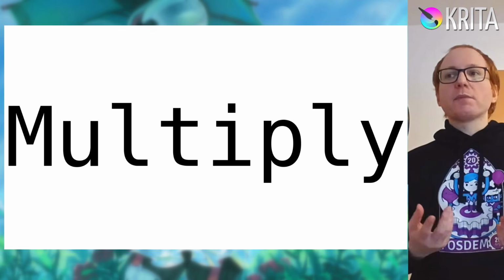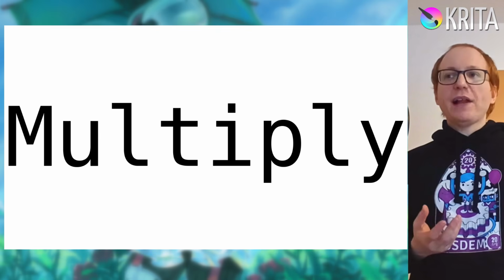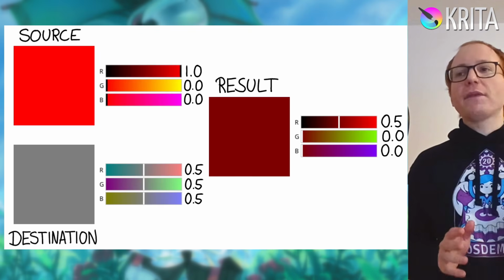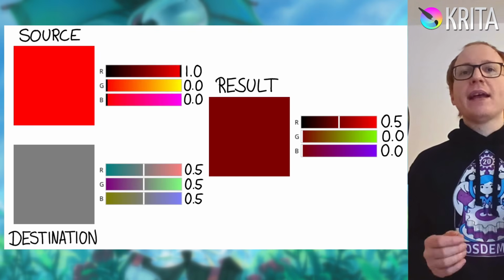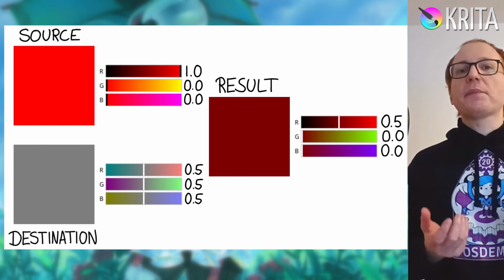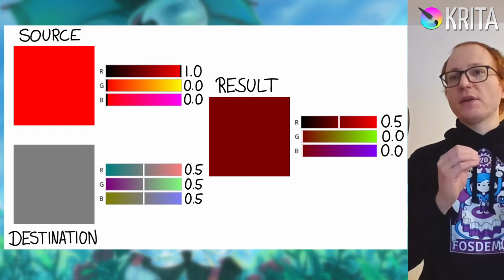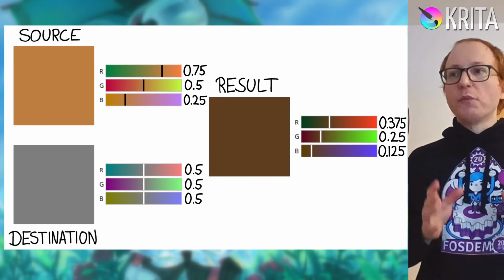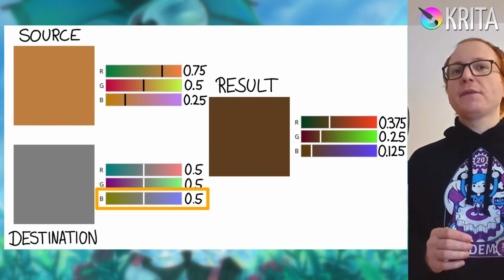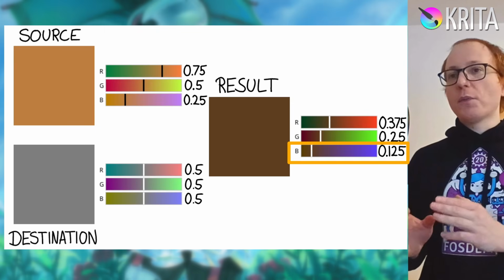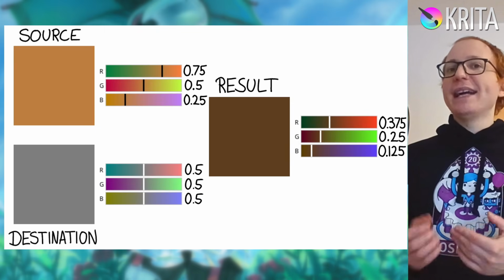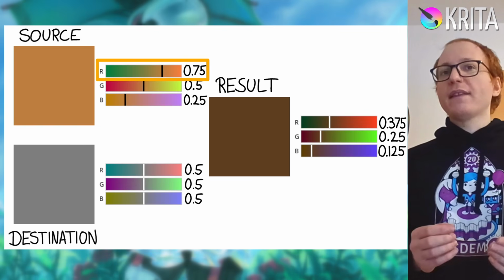Now let's look at another blend mode, multiply. Multiply, like the name implies, multiplies the color channels. So here we have the same destination and source again, and you can see that's exactly what multiply does. 0.5 times 0 is 0, and 0.5 times 1 is 1. Or with a more interesting color, 0.5 times 0.25 is 0.125, 0.5 times 0.5 is 0.25, and 0.5 times 0.75